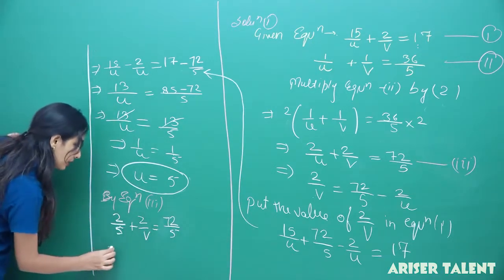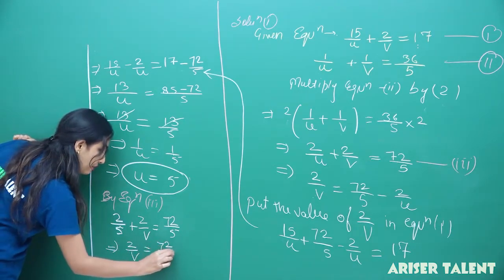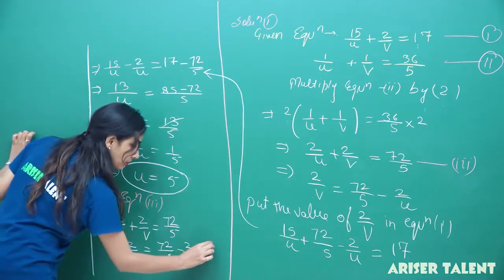Now this will become 2 by V equals to 72 by 5 minus 2 by 5 equals to 70